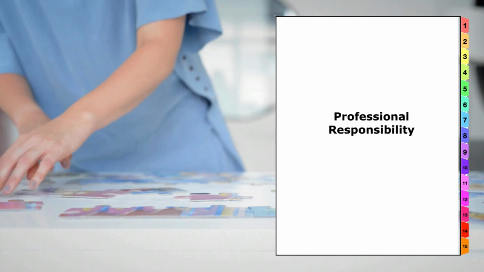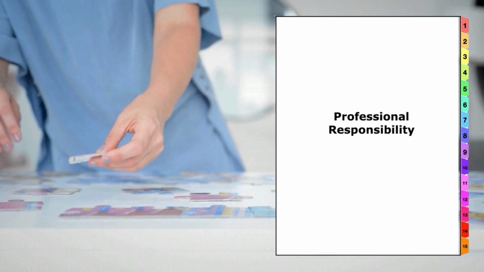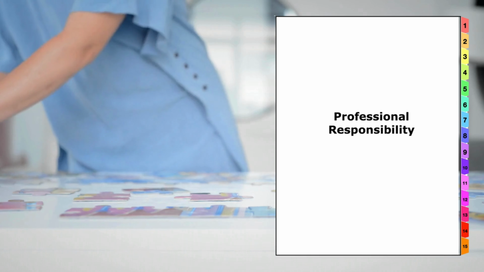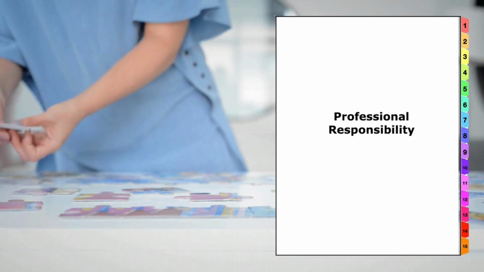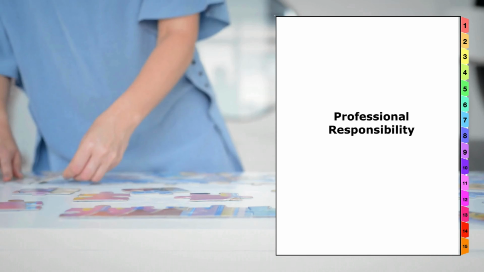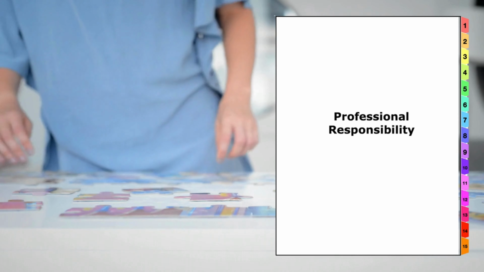See along the right hand side I have a tab for each chapter number in the professional responsibility materials, which we're using as the example here. I don't recommend using more than just the chapter numbers as tabs. Anything more than that tends to be a little bit too confusing. You're going to have way too many tabs